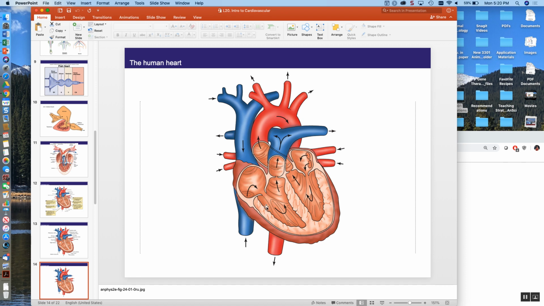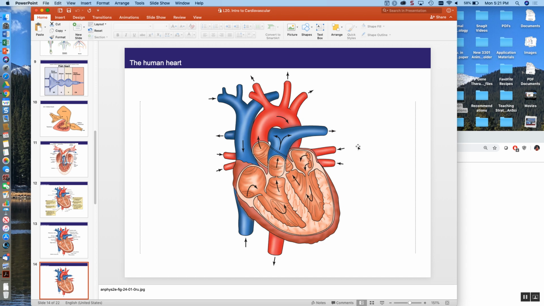Okay? So blood goes from the right atrium through the tricuspid valve, or the right AV, into the right ventricle. Then when both ventricles contract, blood is pushed from the right ventricle through the pulmonary semilunar valve into the pulmonary artery, in blue here. Remember, it's one of the only arteries that has deoxygenated blood. Goes to the lungs, gets oxygenated, comes back through the pulmonary veins, one of the only veins that is oxygenated,